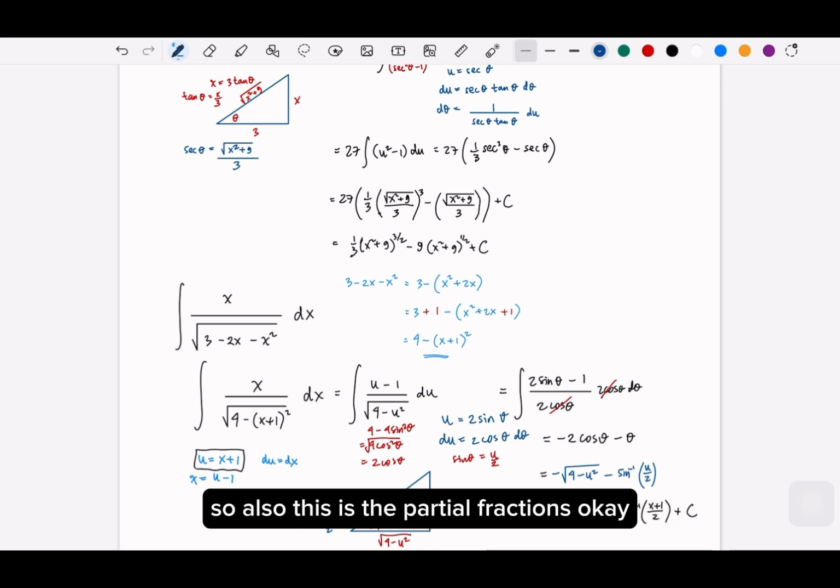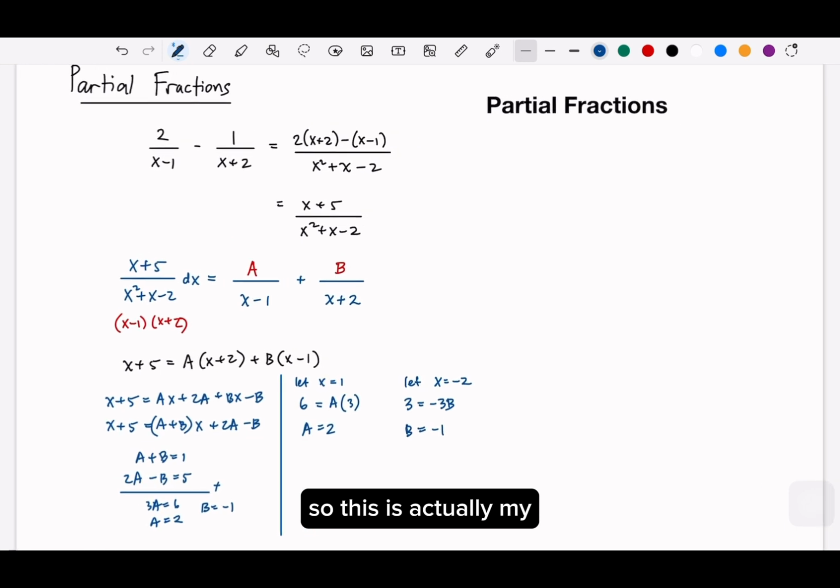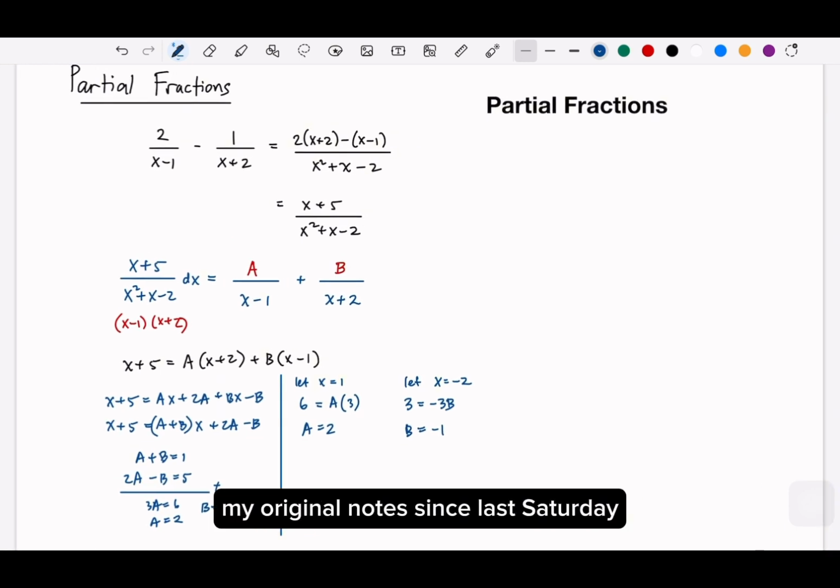Okay, so after this is the partial fractions. Okay, so this is actually my original notes. Since last Saturday, I cannot do the live recording using my iPad, so only the audio that I can record. But I'm just showing you the original notes. If you see the video, I just uploaded this morning. So the partial fractions